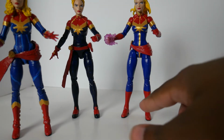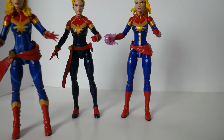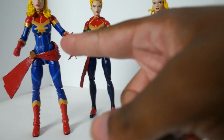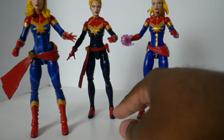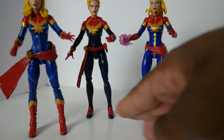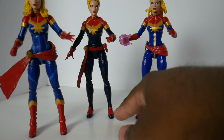I sanded that off and just kind of made them smooth all along the outside, and they still have the treads at the bottom of the shoes. On, again, that's on this one and on the Marvel Infinite version. Both of these are smoothed out, but then on this one in the middle, I kept that detail there and just painted around it, and I think it really works really well given the way her shoes are